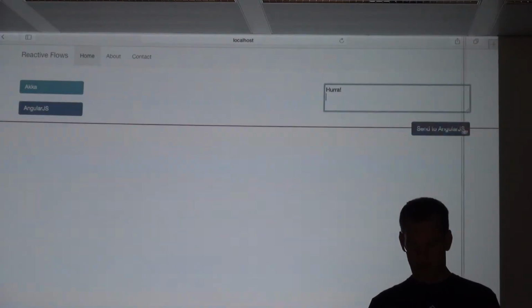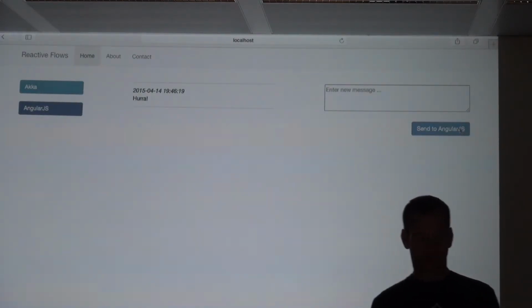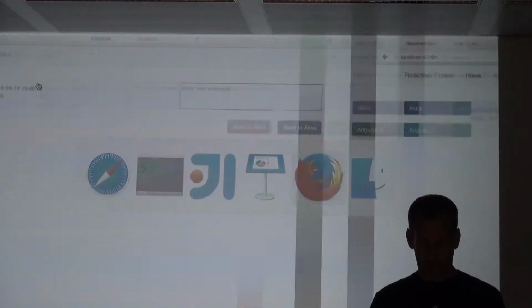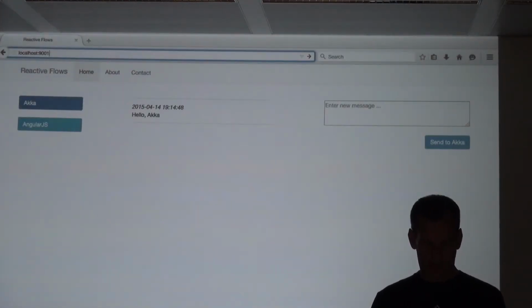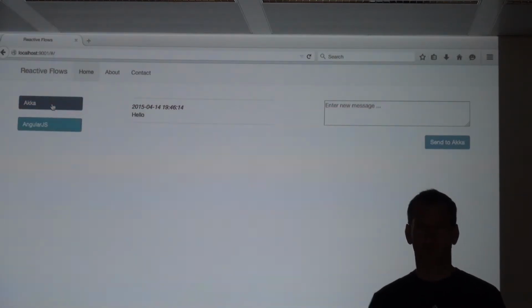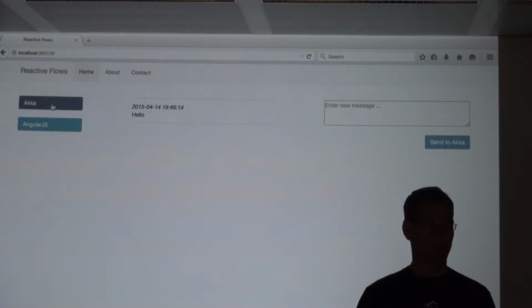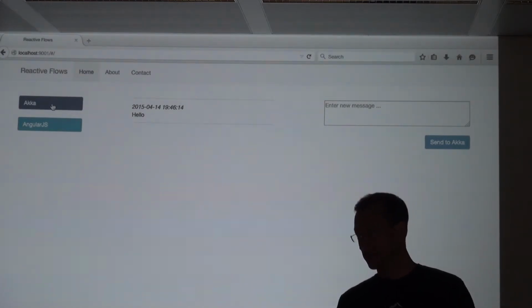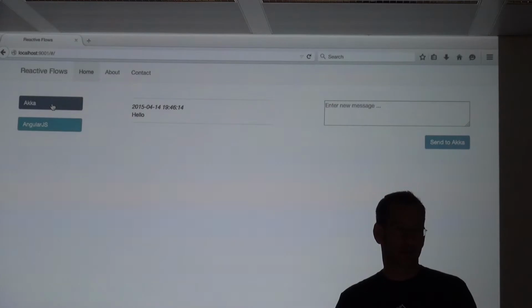Hooray. Okay, it seems to work. We could fire up a second browser, do the same here. And yeah, it's all there. So now we really have a fully reactive, not yet resilient and elastic, but reacting to events-based web app.